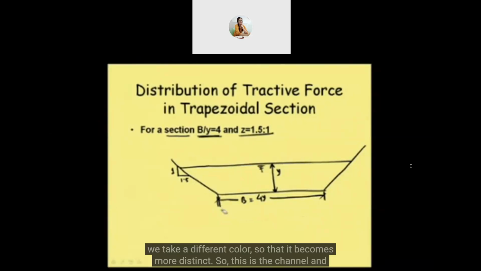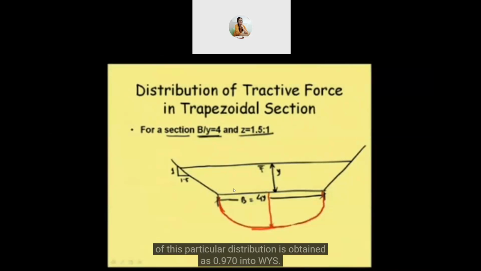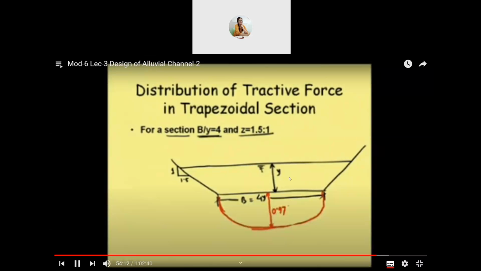So this is the channel and the distribution is more or less uniform. And the maximum value of this particular distribution is obtained as 0.970 into